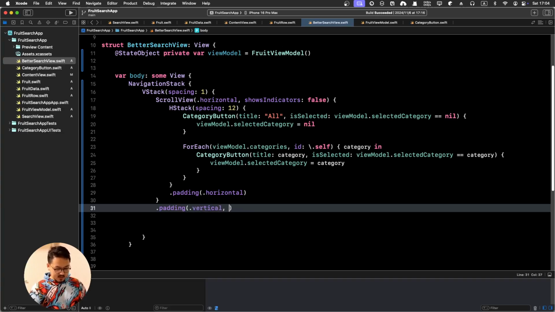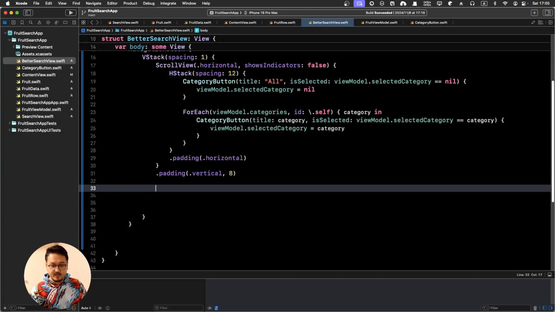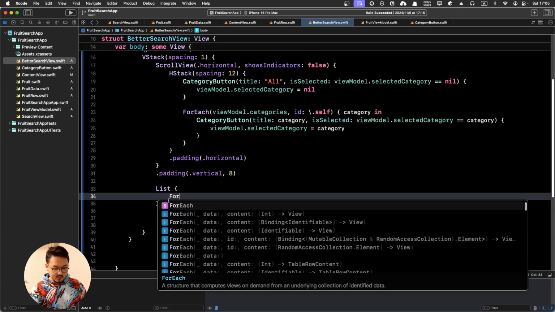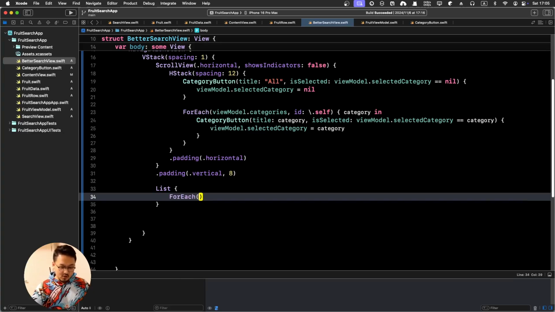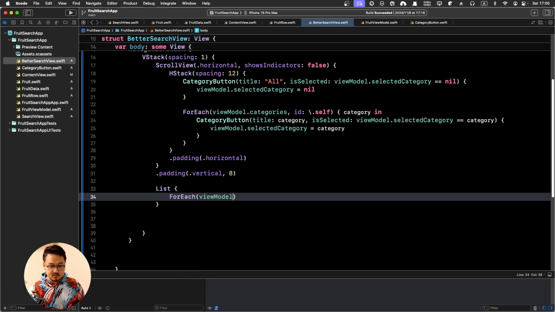Vertical, you can have them like 8, and then just below that, loop everything. So a list with a for loop for each of our view model dot filtered fruits, return fruit